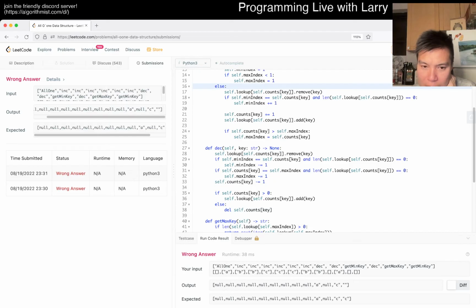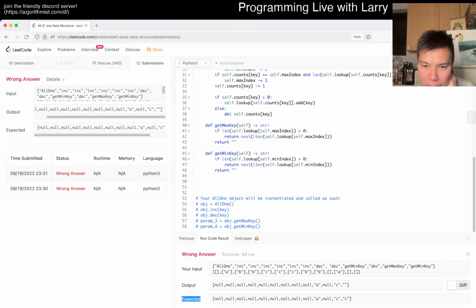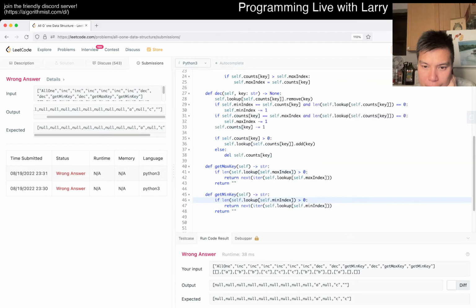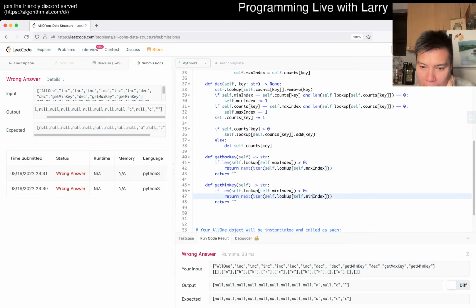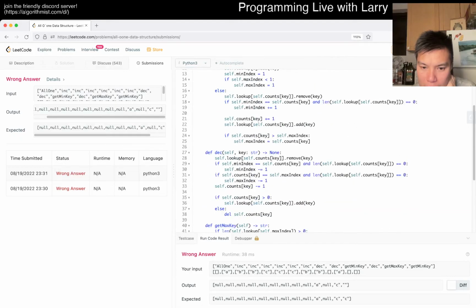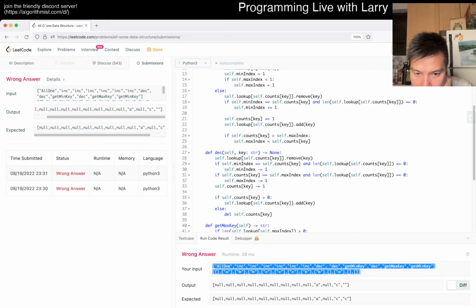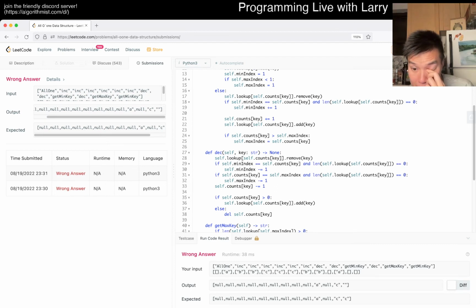So this definitely is wrong. That means that we don't keep track of min key in a good way. Oh, wait, no. I just scrolled it up. Okay. Let's see. Why is that? So increment all the way until here. So basically you have 1 A, 4 B, 3 C. Right, and then we decrement the A. We have min key and it's gonna be A. We get rid of it and then